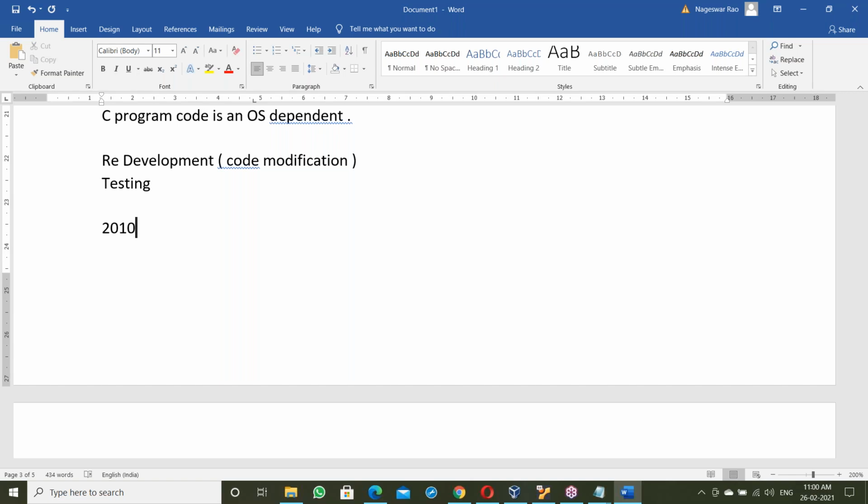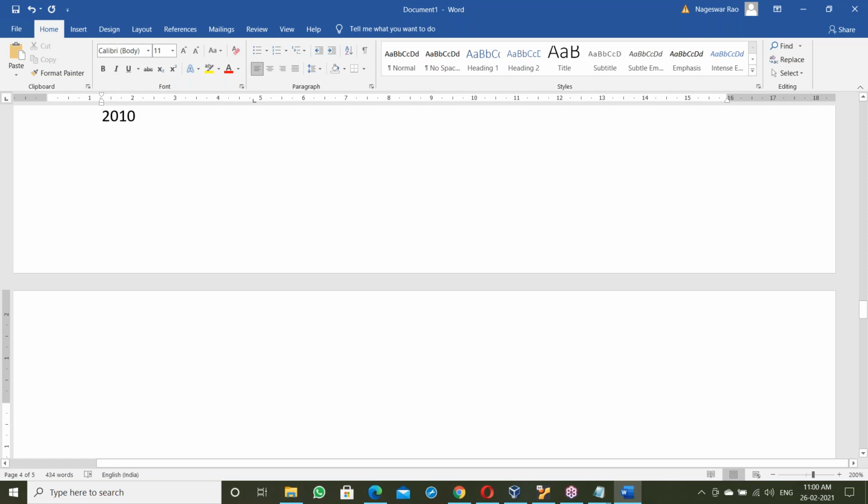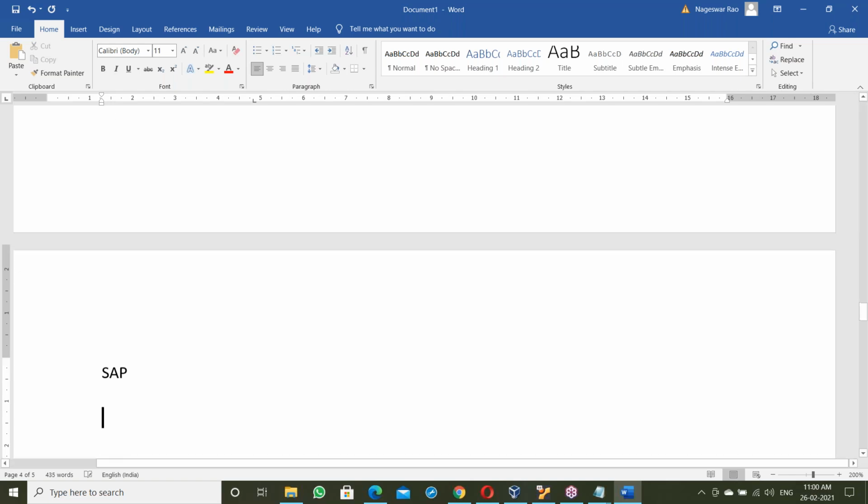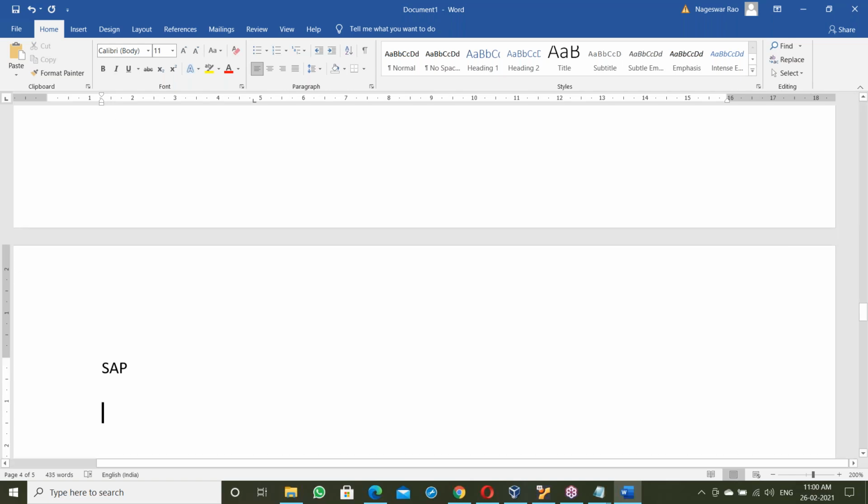Next, one more thing. One of our clients is using SAP. SAP is costly; the client was paying almost 2 crores every year for SAP licensing. But the client was not in a position to bear that 2 crores, so the client approached us through somebody and asked us to convert the project into Java.